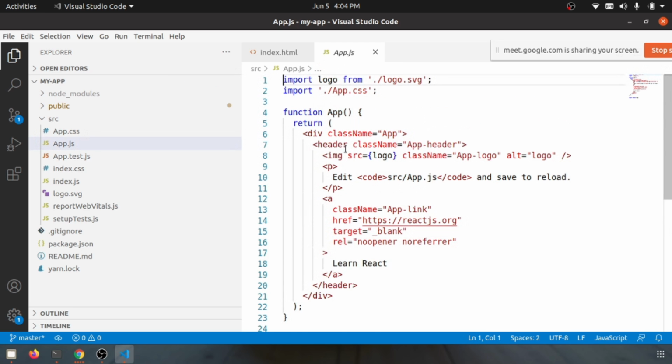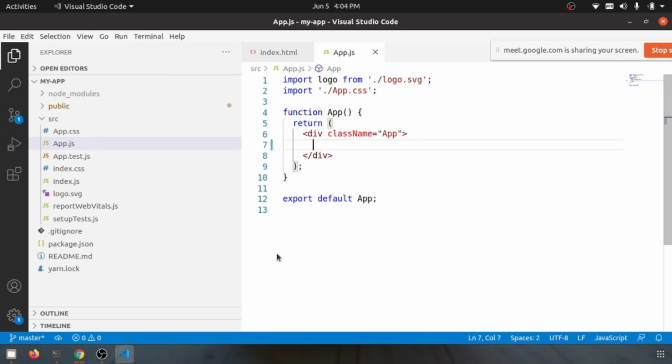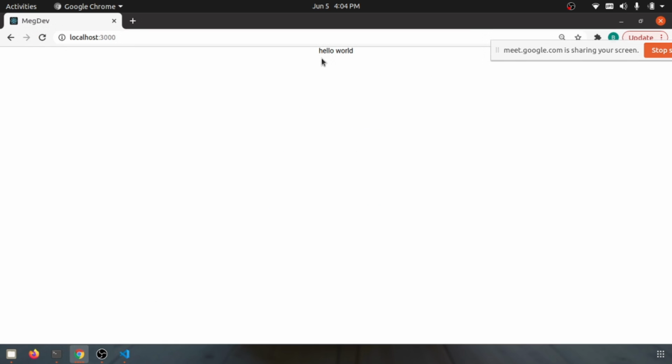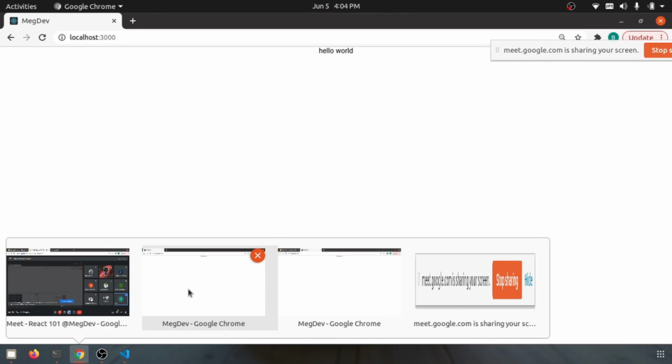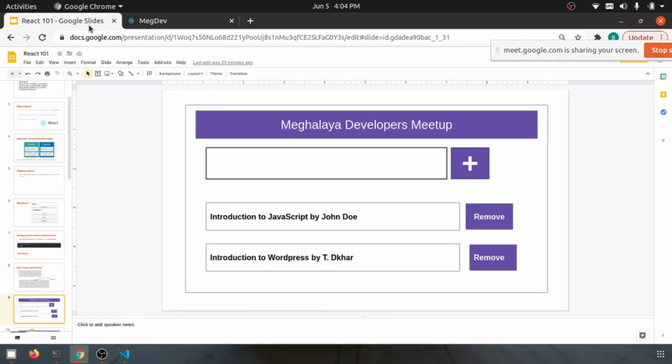Now what we will do is we'll clean this up, that is, we'll remove everything here and save it, and then maybe we can have a small hello world here so that we make sure that it works as expected. So we have the hello world printed on the screen. Now our goal, let's look at the specification of the UI. So this is our goal, to create this